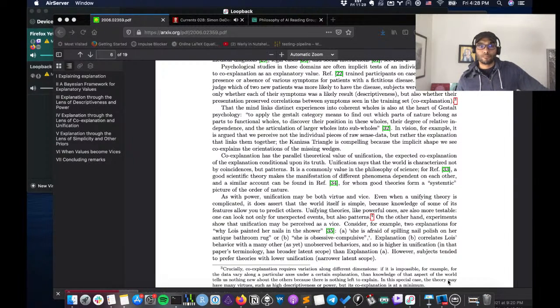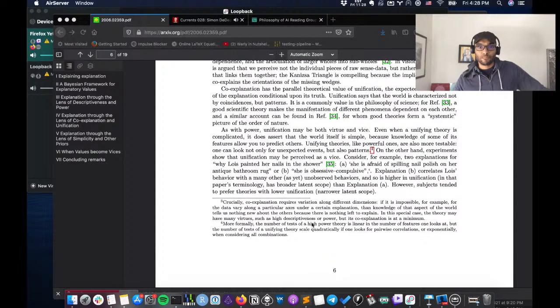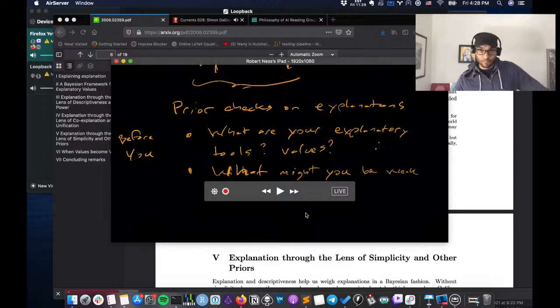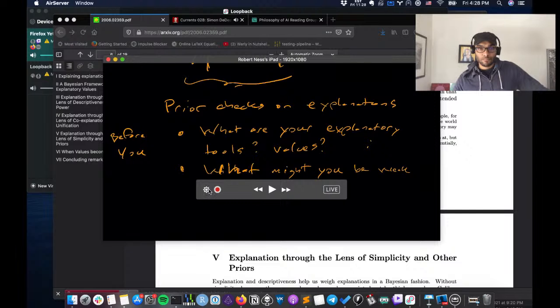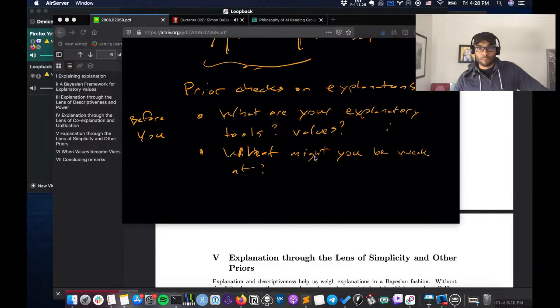But let's dig down just a little bit. If you could make the distinction between unification and power. They're similar, but they're different. Why don't you distinguish between those two? Right. Well, a powerful explanation is one that can cover a lot of different facts. It's making predictions about all sorts of different things. So obviously, electromagnetism is a powerful theory, but if we get a little bit lower level,